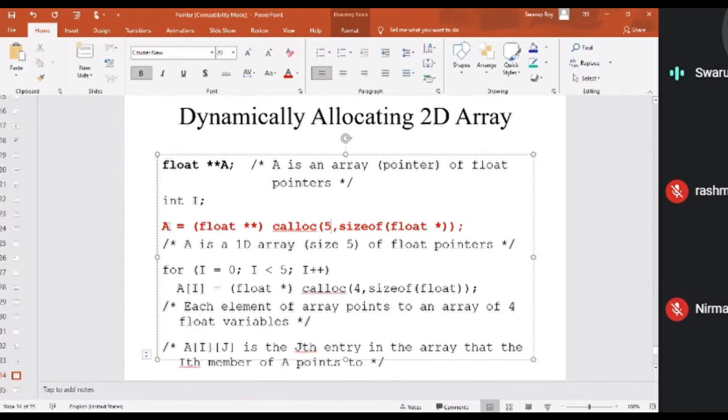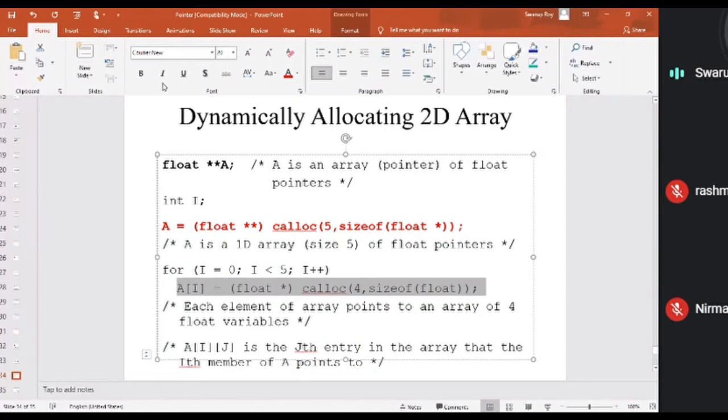You have to revisit whatever I have discussed about double pointers, otherwise it will not be very effective.